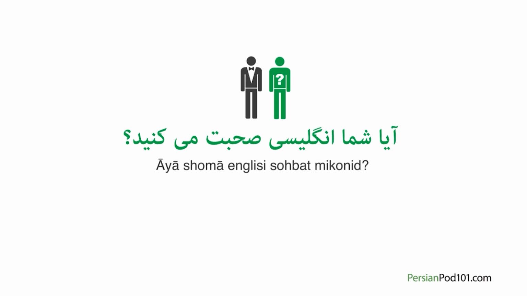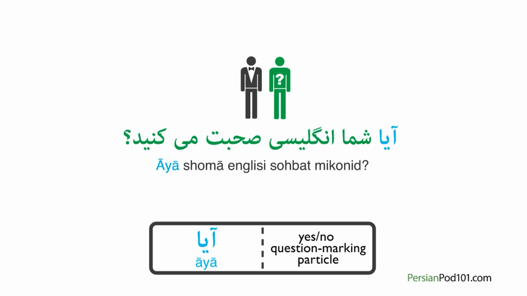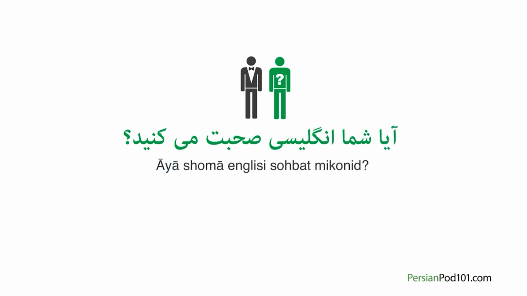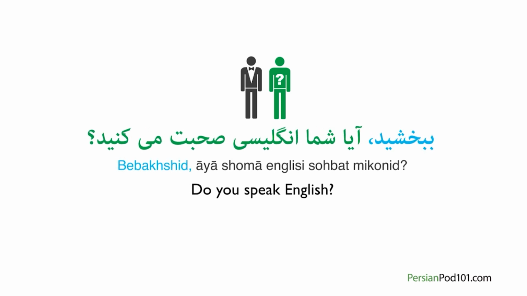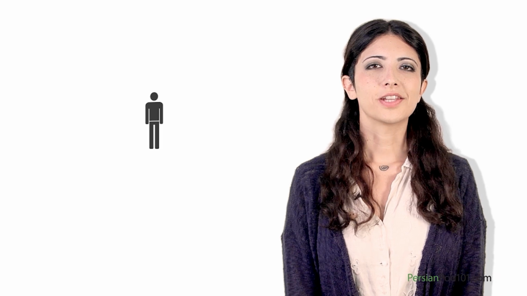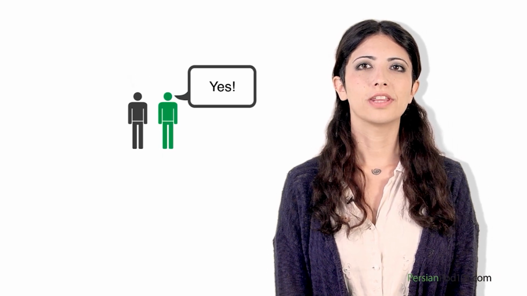Let's pay close attention to a useful new word here. آیا is a question word used at the start of sentences to turn a regular sentence into a yes or no question. آیا شما انگلیسی صحبت می کنید means, do you speak English? By adding ببخشید or excuse me, the sentence becomes even more polite. ببخشید، آیا شما انگلیسی صحبت می کنید؟